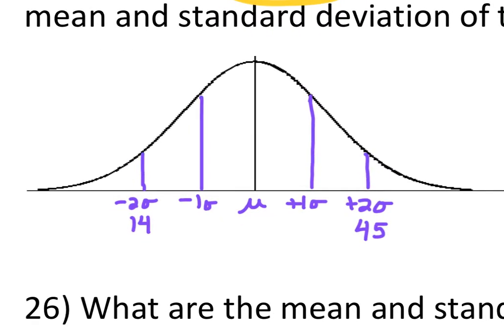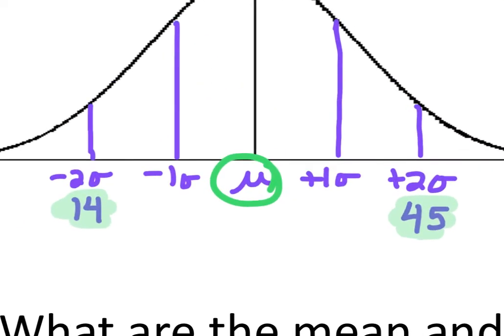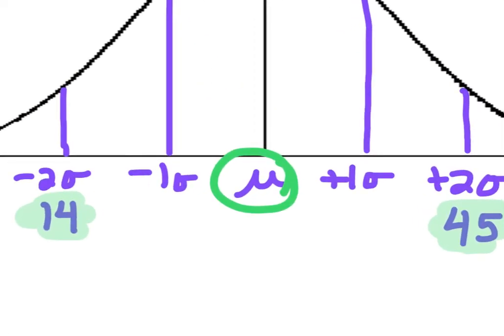And what I would do, there's a number of different ways that you could compute this, but I would take the average of the 14 and 45. So I would say, okay, 14 plus 45 divided by 2, that's going to give you the middle, right? So halfway between 14 and 45, when you do that in your calculator, you should get 29.5. So that's going to be your average, or your mu, or the mean,